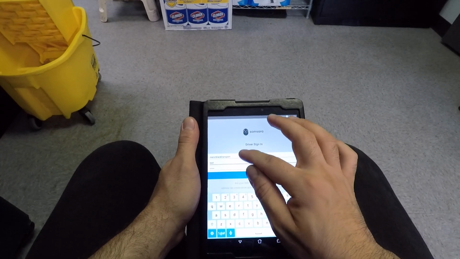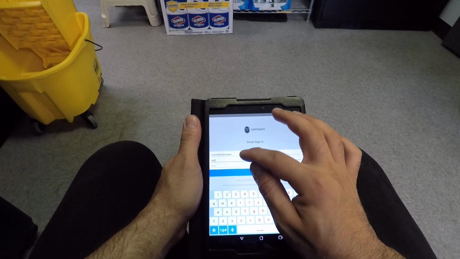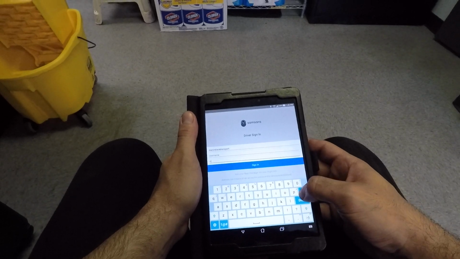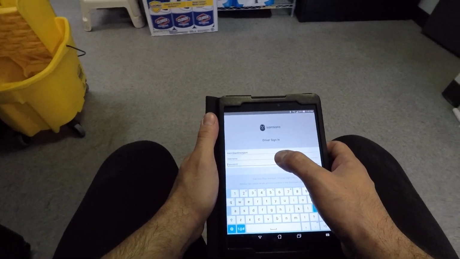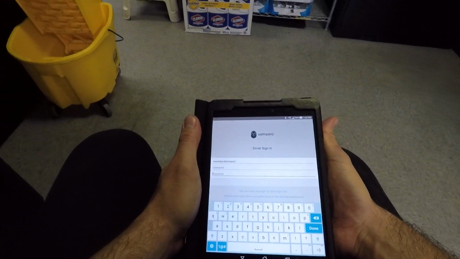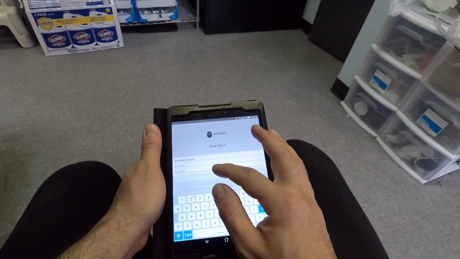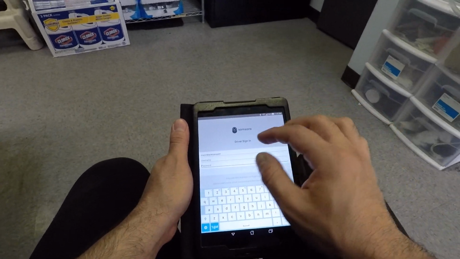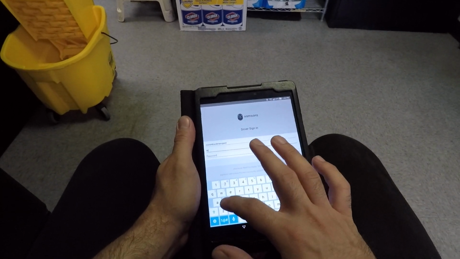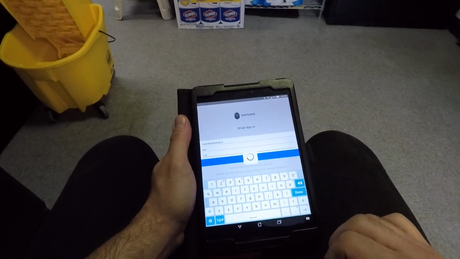I'm just going to go right there, and we have three different boxes. The first one must be Men in Black Transport, which is the company's name. And right over here, there is a username and the password. Those two are the same ones you use for your Limo Anywhere login. So if you have a username and a password that was given by MIB, you are going to use the same one right over here. I just made mine. I'm going to say my username is test and my password is 0000. I will sign in,